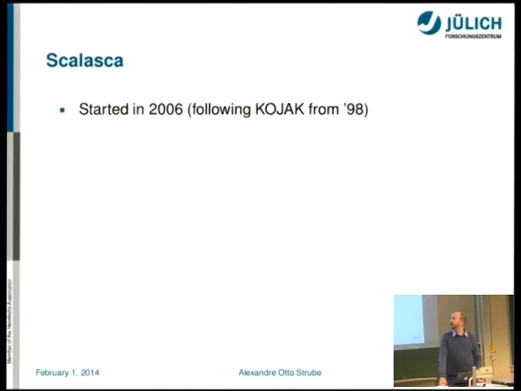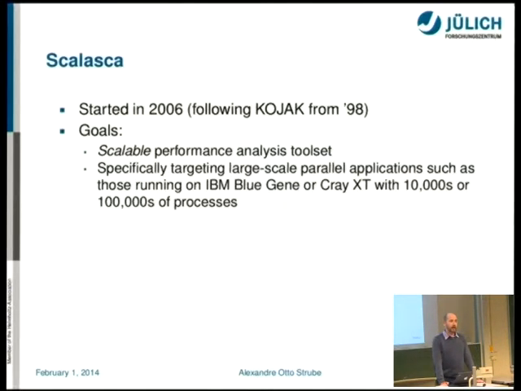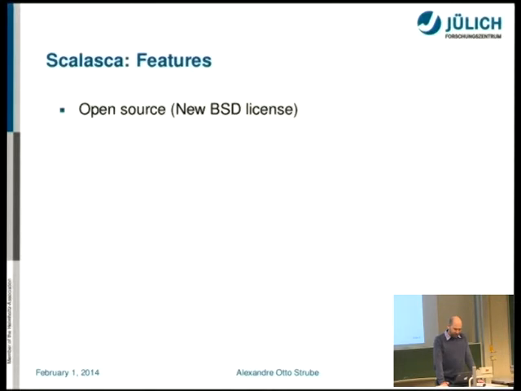My group has a performance tool called Scalasca, which started 7 years ago. What's the idea of that? The idea is to have performance analysis that scales itself. It means that as you have faster code, we have a tool that can actually go with your code. It's work from the Research Center in Munich, Germany, which has one of the biggest supercomputers in Europe, and so it has to run there.